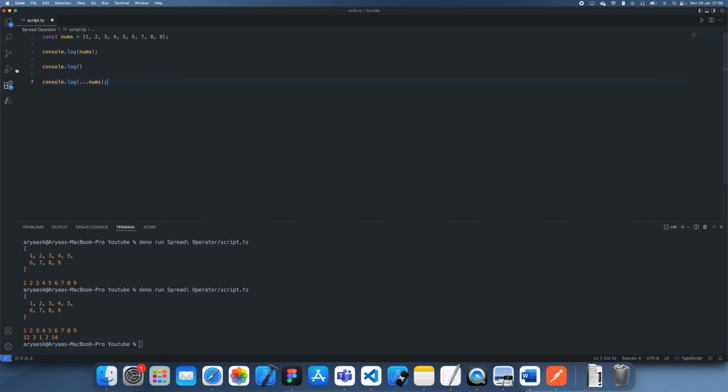So you can see what this spread operator is doing. It's removing the container of the array and just spreading out the items inside of it. And this is super useful for functions which don't really take in arrays but rather just want a bunch of inputs. An example of this could be console.log,